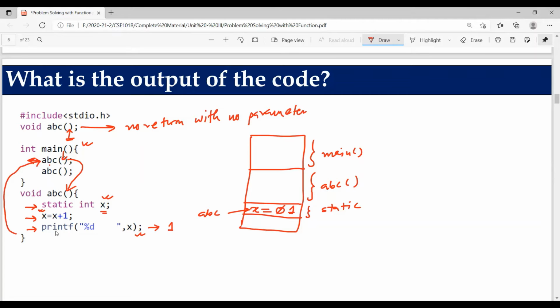While jumping back to the main method, what will happen in this case? Memory reserved for that particular function ABC will be erased, but most important point, since x is static, x will remain in memory till the execution of the file.